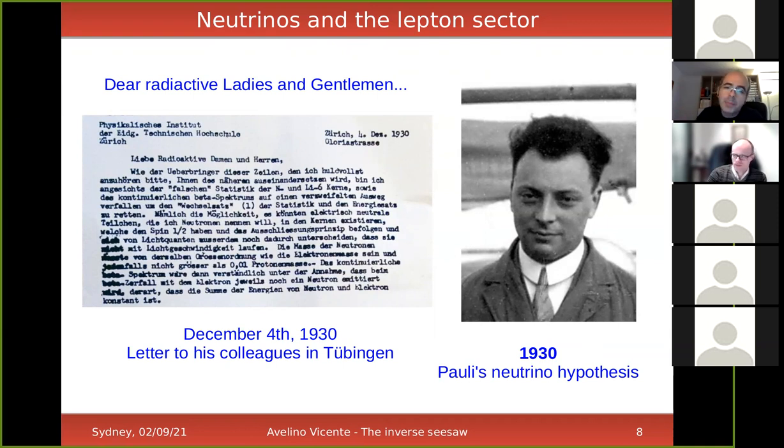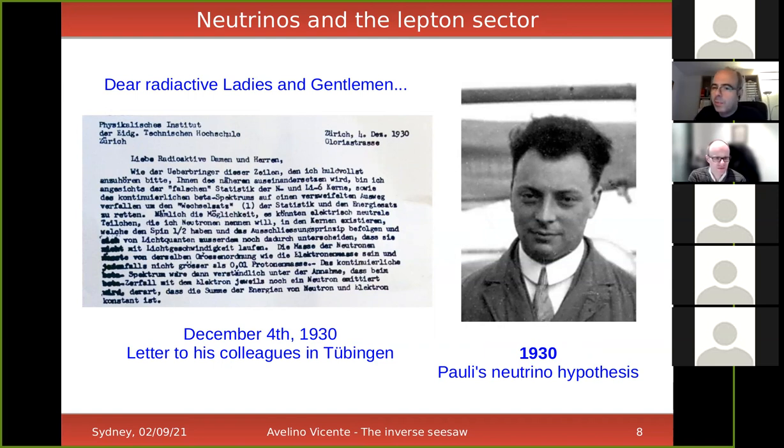And he proposed to solve this problem the existence of a new particle, the famous neutrino. This is a story that is very well known by everyone. I still find it amusing that he was a bit embarrassed by doing this, because he was proposing a new particle that was never observed before, and that was something that he couldn't do openly. Like, he was a little bit embarrassed about it.